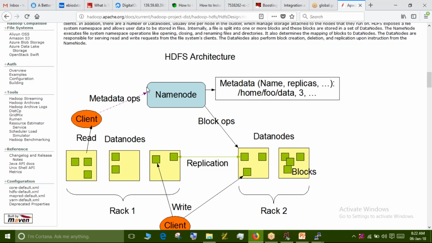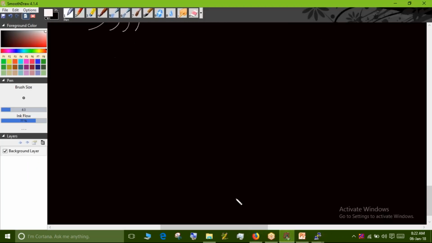See, data nodes and name node, because your Hadoop is completely based on master-slave architecture. I mean, when I'm saying Hadoop is completely based on master-slave architecture,